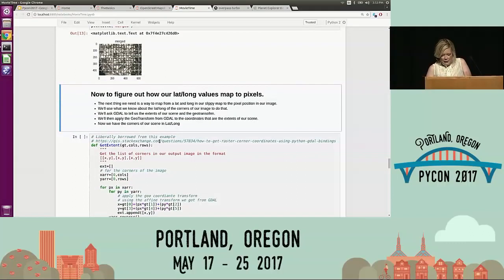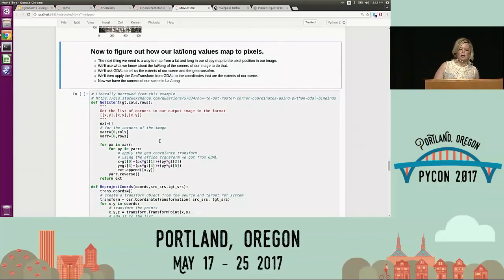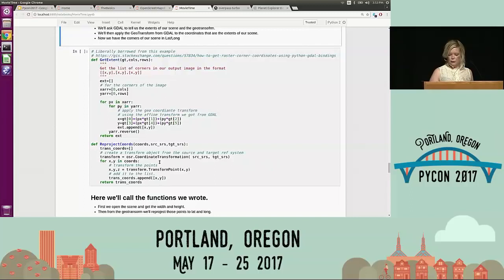All right. So there's one little trick that we have to figure out to make this work. And that is that the points that I put in the Slippy map above are all lat longs, and we need to get those in pixel values, which is sort of the reverse of the problem we just solved. Again, we're going to use GDAL to get that geotransform, and then we're going to take that geotransform and transform the corners of our image to get them as